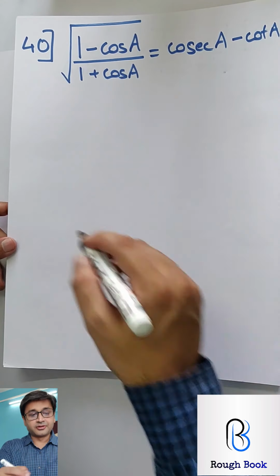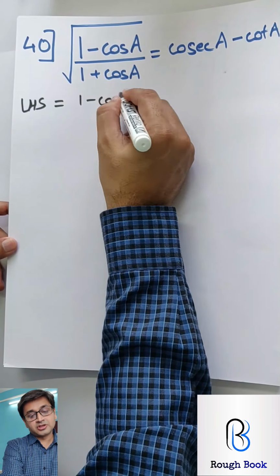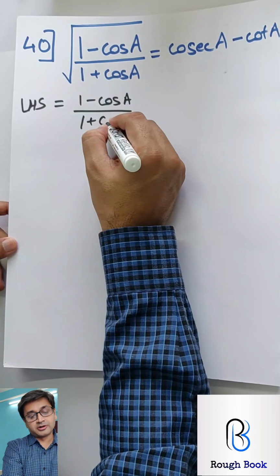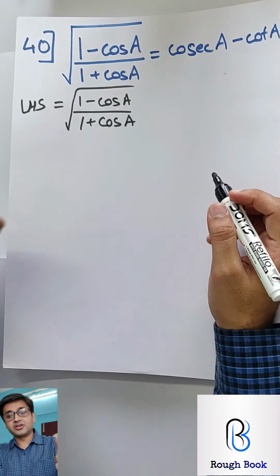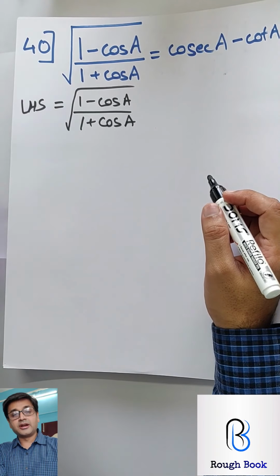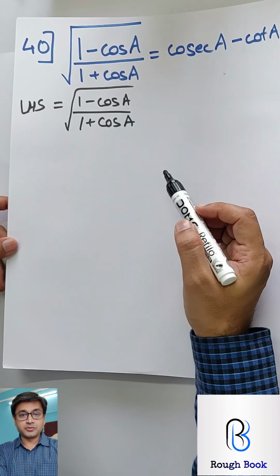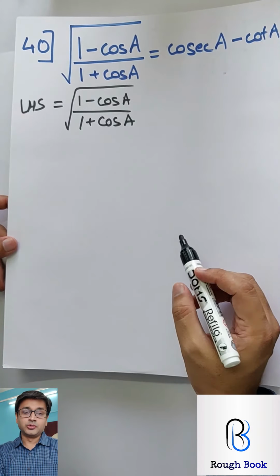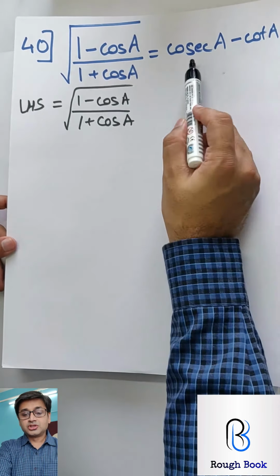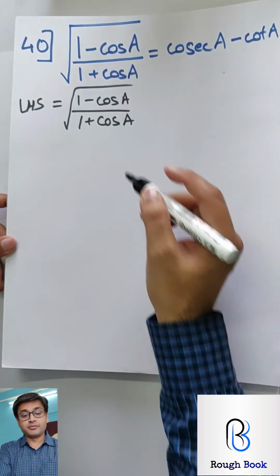40 is slightly different. So you will need my help maybe in the start just to understand how to go about it. Now there is a root over here in the LHS. In the RHS there is no root. So you need to get rid of the root. To get rid of the root, you have to rationalize either the numerator or denominator. So look on your RHS, that will tell you whether numerator or denominator. So I can clearly see over here no denominator. So let's rationalize the denominator.